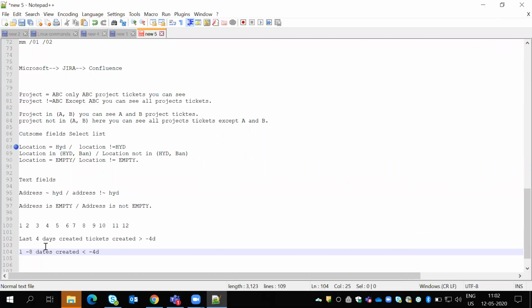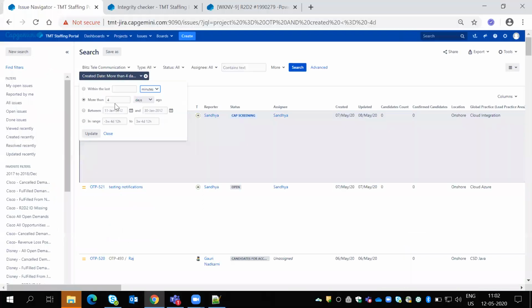Okay, so this is the option that we can write: more than a minute. Suppose you want any particular date wise, so I'll select date. I'll just select between the dates. Suppose I'll select May month 2018, or suppose I'll go with only January created tickets. In January, I've selected Jan 1st 2022. If you don't select anything, it will always be calculated as the latest date.